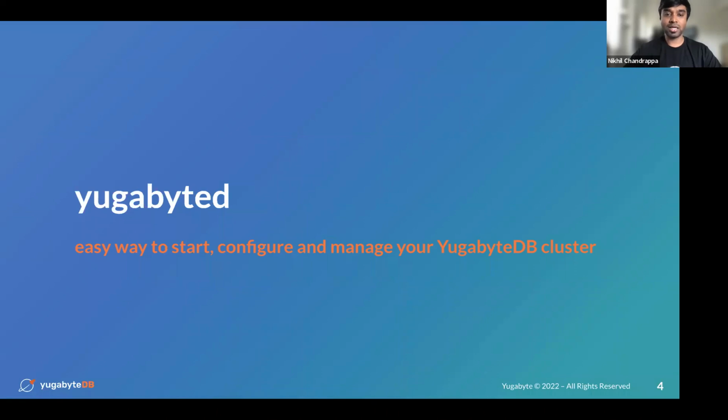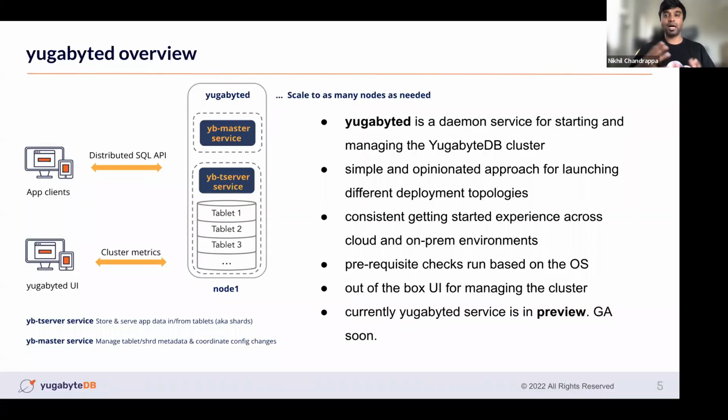YugabyteD, as I have been saying so far, is the service which we wanted to create to give developers an easy way to get started, configure, and manage their cluster. On the whole, for the YugabyteDB overview,